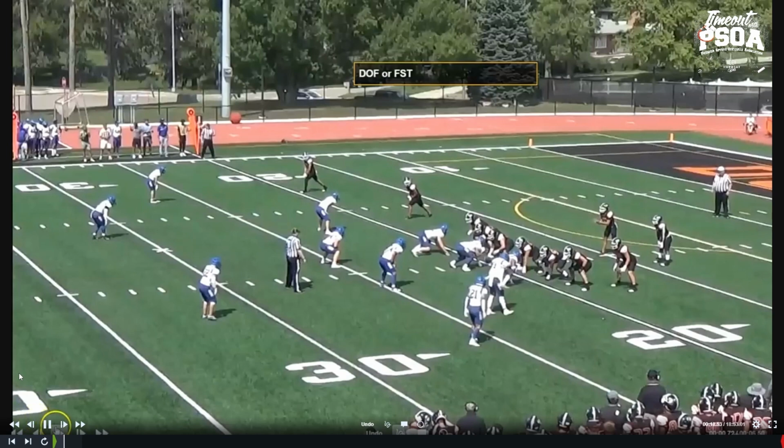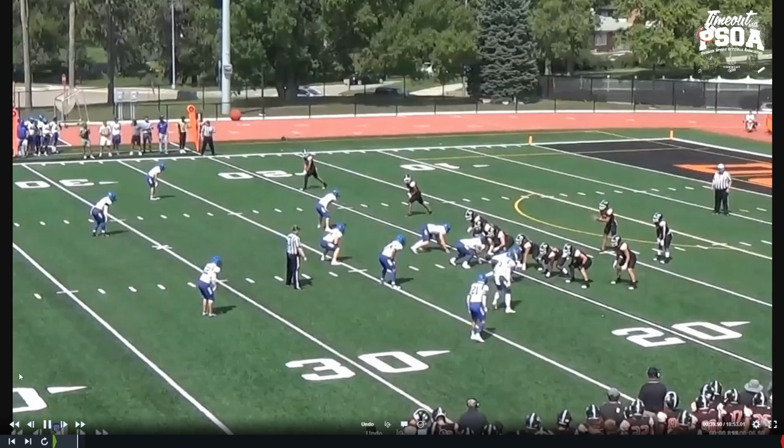So if we have defensive players who are close to the line of scrimmage and they make a movement forward, and then the offense reacts or the offense snaps the ball, that should be placed on the defense. So this is a nationwide philosophy.